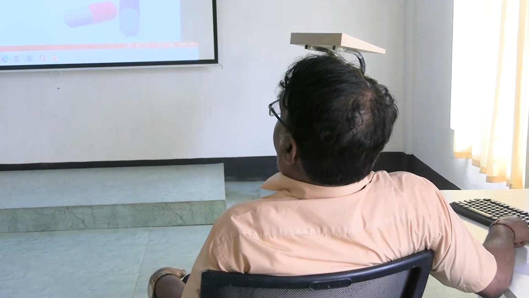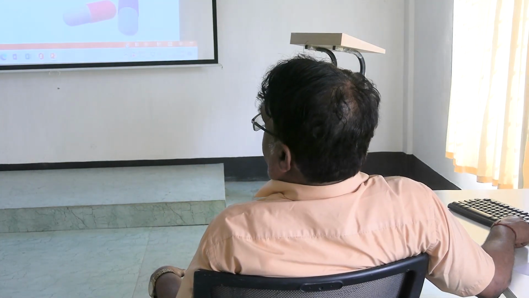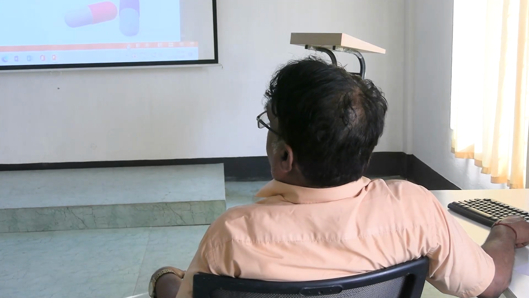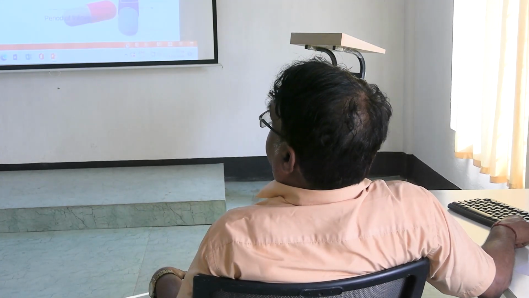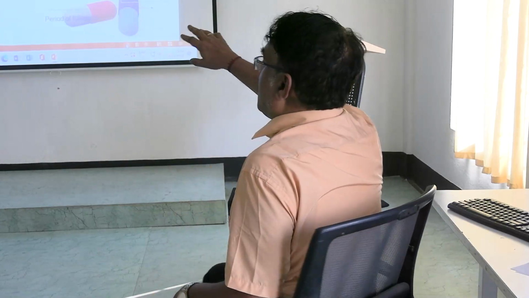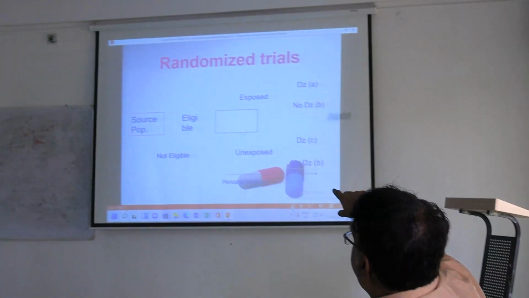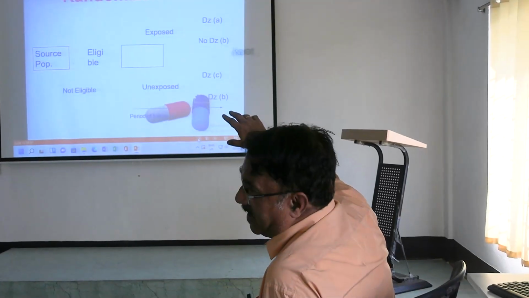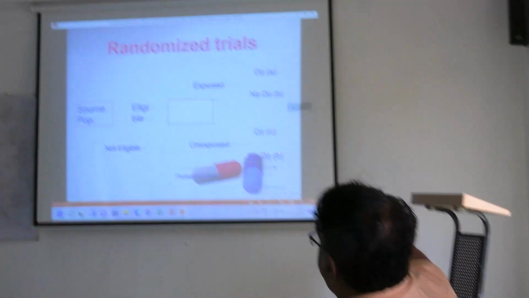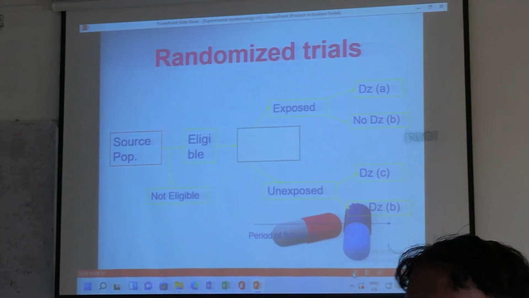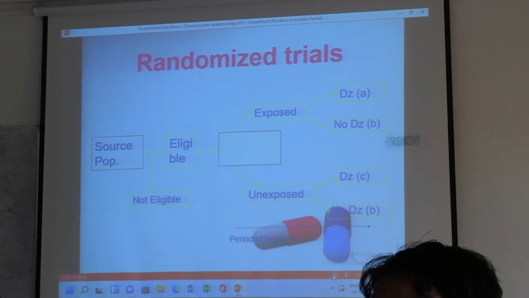So you have RCT trials, clinical trials, field trials, community trials. Then you have non-randomized trials, trials without control, natural experiments, before and after comparison. RCT first. Population, how many are eligible? Exposed and non-exposed. Then again, disease, no disease, disease, no disease. This is a randomized trial. So you're giving a new treatment or a new medicine, and after that also, what is